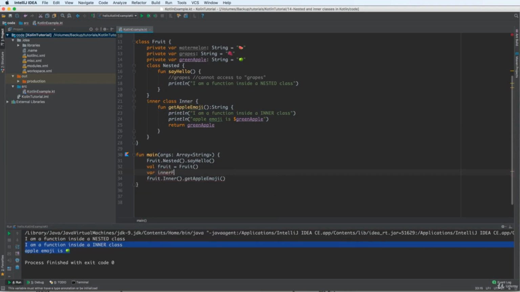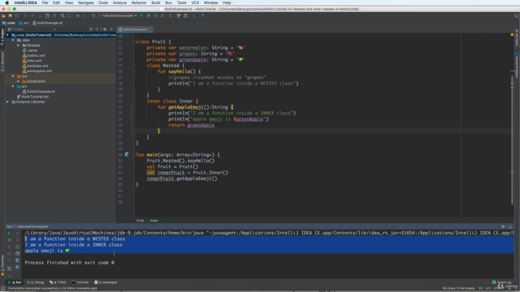What about you can use this inner fruit, you initialize it and dispatch to an object here, an inner fruit, and here I call the inner fruit. Then you can use this way and run. Okay, and the apple emoji is